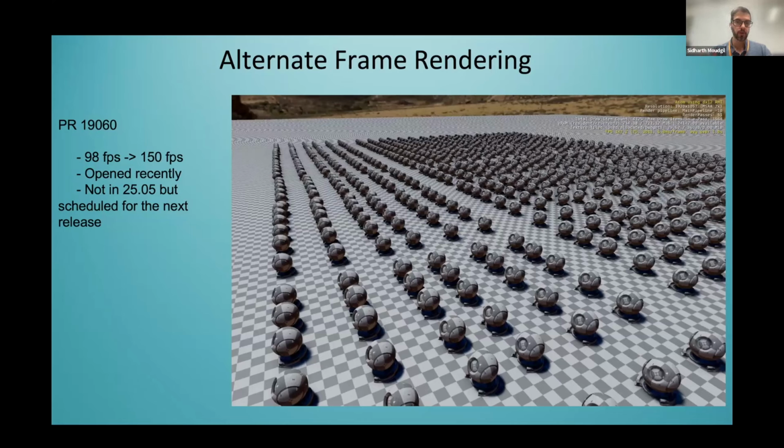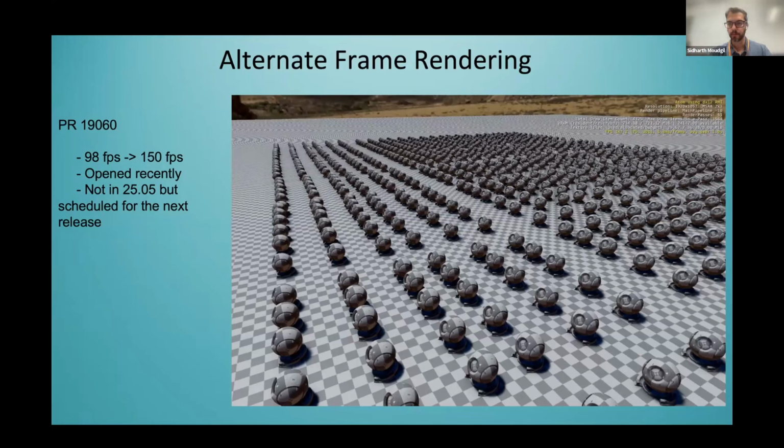So this PR essentially shows completing the full loop. It actually adds alternate frame rendering support. You have a scene like this where you have a ton of meshes, which was rendering at 98 frames per second with one GPU. You add 2 GPUs, it's rendering at 150 frames per second. So this essentially shows the power of all of the work that has gone in, and big kudos to the team here. And I really can't wait to see what other different types of pipelines will be coming in the coming days.